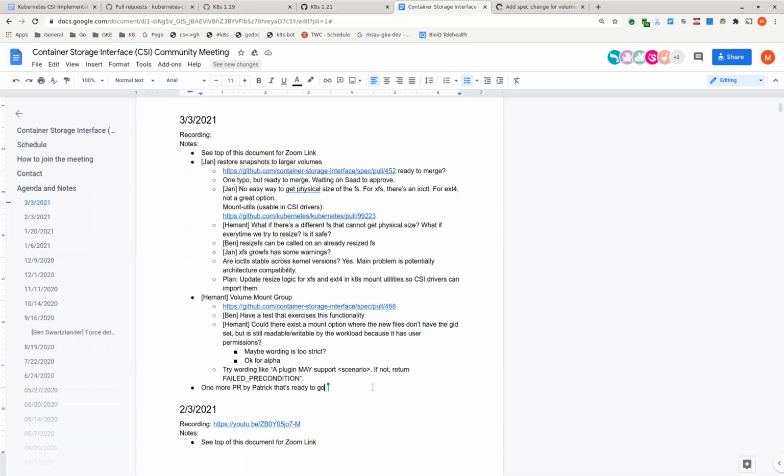My only question is that existing field, the available capacity. Are we not going to do anything with it, just leave it? It seems pretty weird. Yeah, I think that's the conclusion. People will be confused if we leave it, and I guess in Kubernetes we don't even use the field. It's kind of a dead field. What is he using currently?